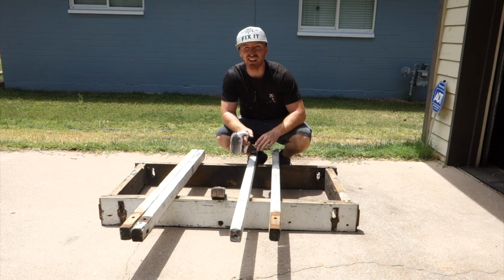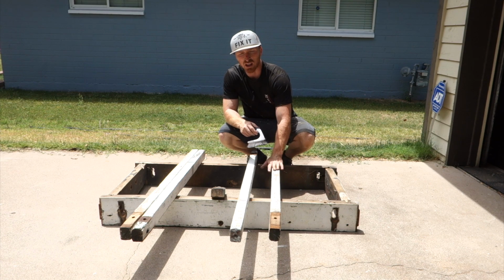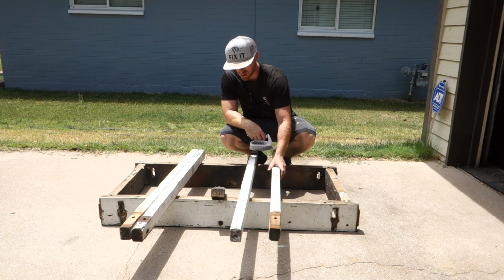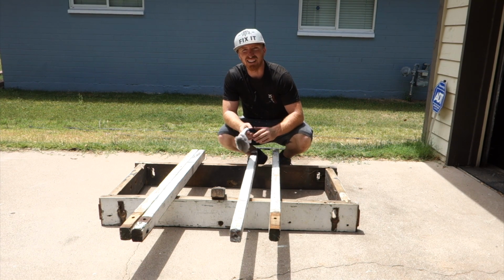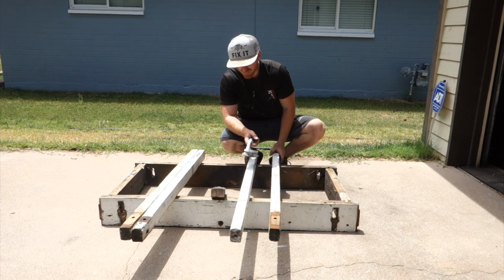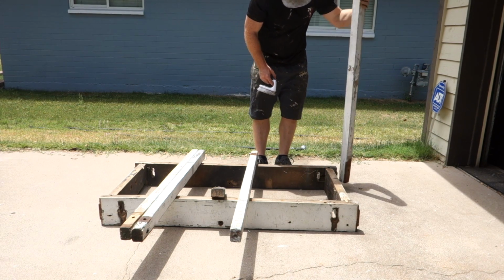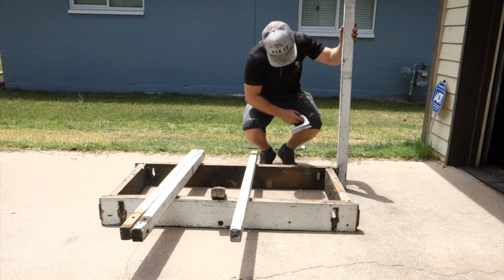So we're going to leave everything down here original. We're just going to wipe it down, wash it, power wash it, get all the dirt, all the crud off of it, get any loose paint, anything like that taken care of. We'll re-glue the frame. Then what we're going to do is take our posts, which will go kind of like that,